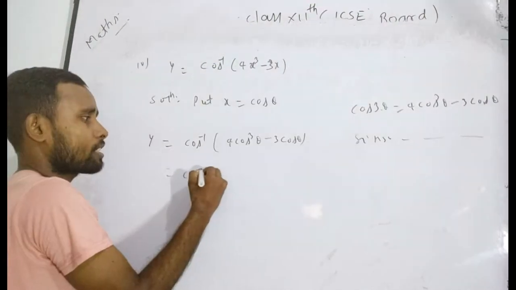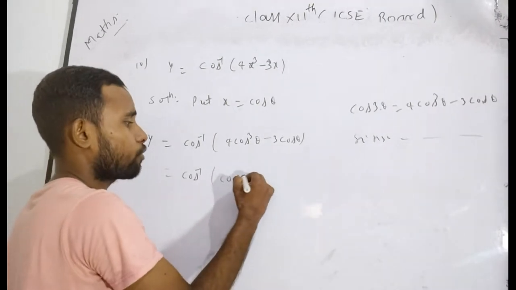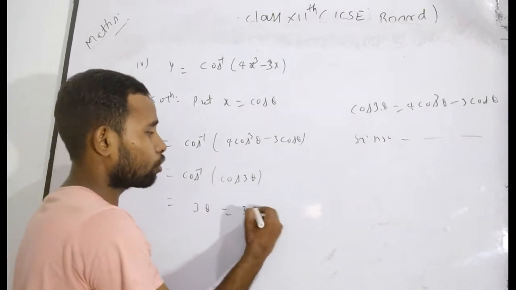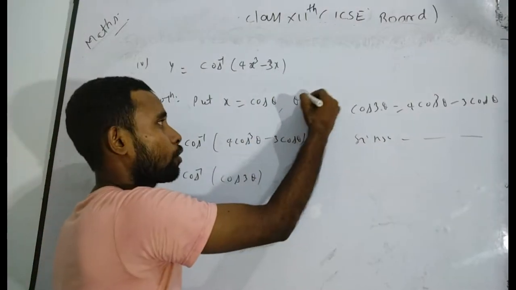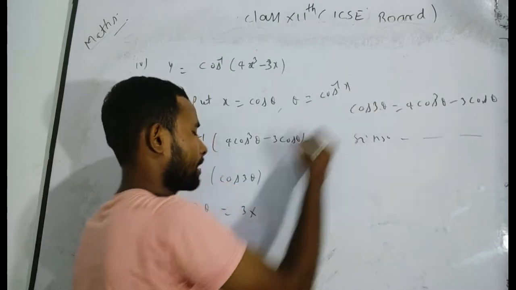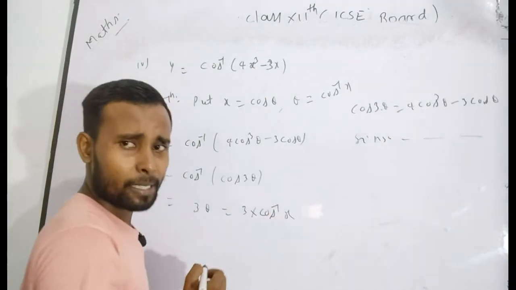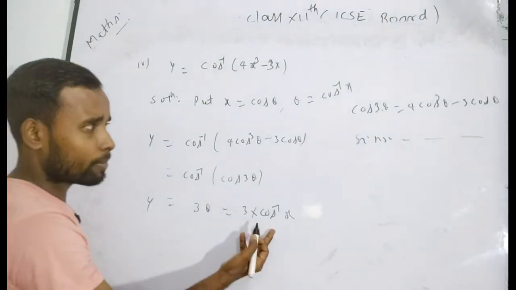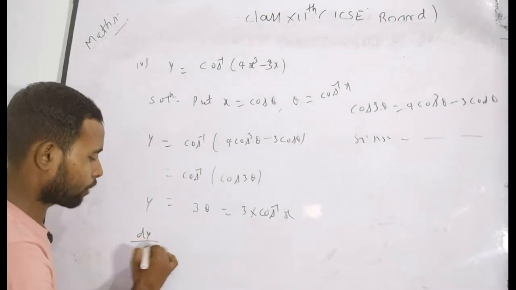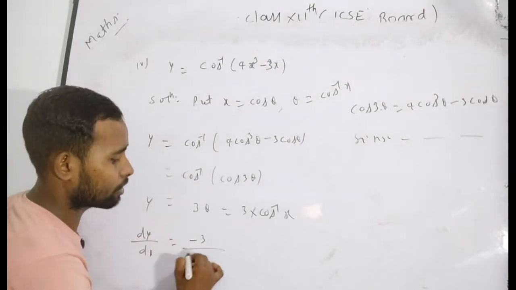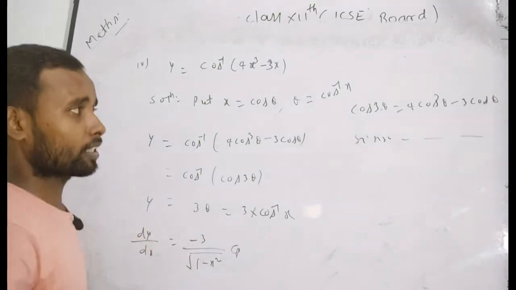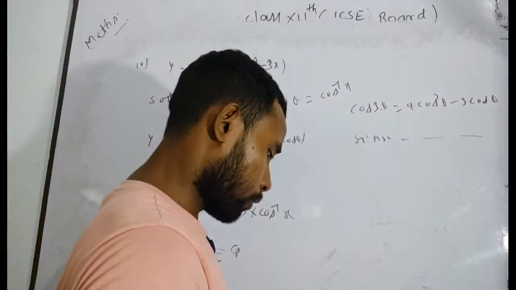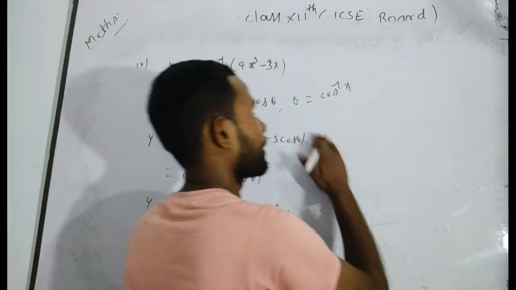Finally you will get cos inverse of what? It is the formula of cos 3 theta. Cos inverse cos 3 theta will be what? 3 theta. As you know, what is the value of theta? From it you will get cos inverse x. That's why I want to use here cos inverse x. That means you get directly y is equal to 3 cos inverse x. Differentiating on both sides with respect to x, you will get minus 3 by root under 1 minus x square. This is very easy for you again. Now see the next question for you. 5a and 5b.